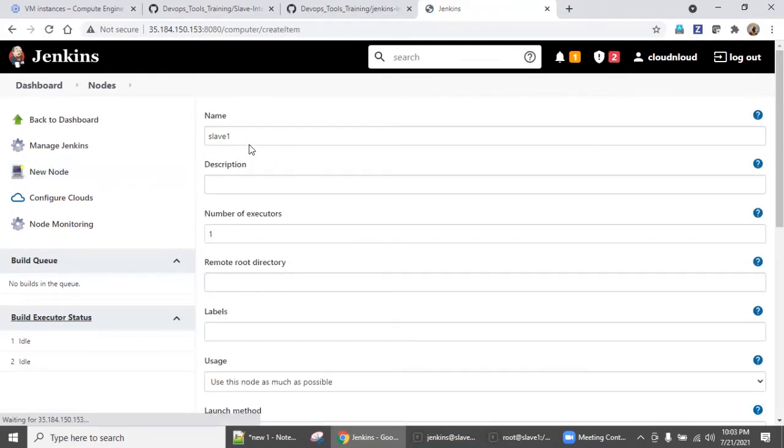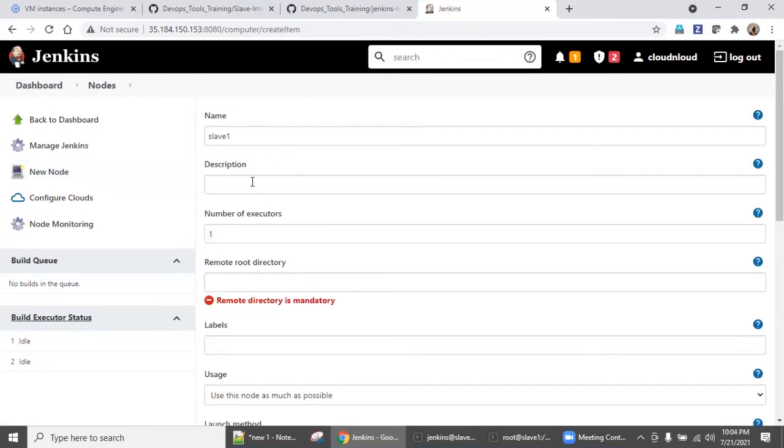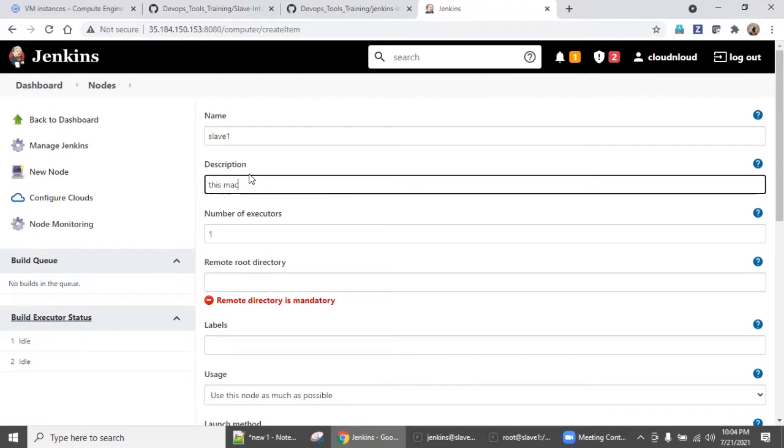So you need to configure a couple of things. So description, you can give anything. This slave machine will be used for all dev related application builds. So like this.